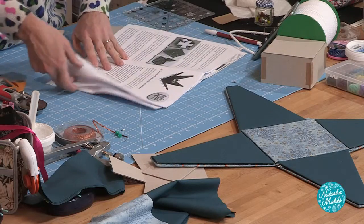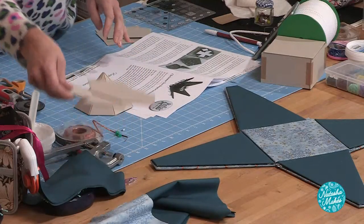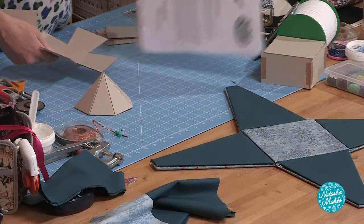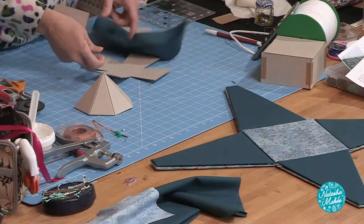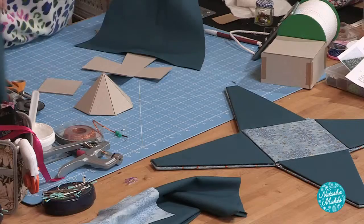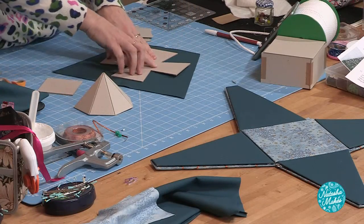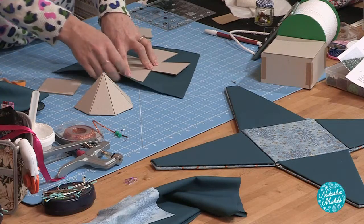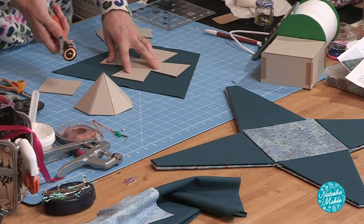Right, so we are going to do this bit here, which is this. Now this is the base, this is your base. So again, I'm going to use the teal for the base and find some of the fabric that I had left over. Here we go. And pop that onto there. Now, there's various ways that you can do this. I just go in